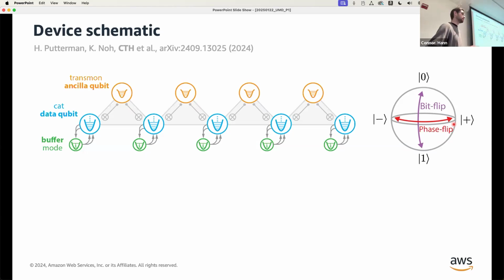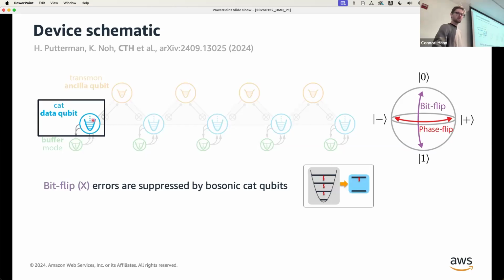And so I want to step through how, in this device, we're going to take care of correcting these different kinds of errors. So first, just zooming in on a single bosonic mode, this one blue circle here, we're going to use a bosonic error correcting code in order to effectively correct the bit flip errors in our system. In particular, we're going to use these so-called bosonic cat codes to take care of the bit flip errors. And so once we've implemented this cat encoding, we'll no longer have to worry about bit flip errors in our